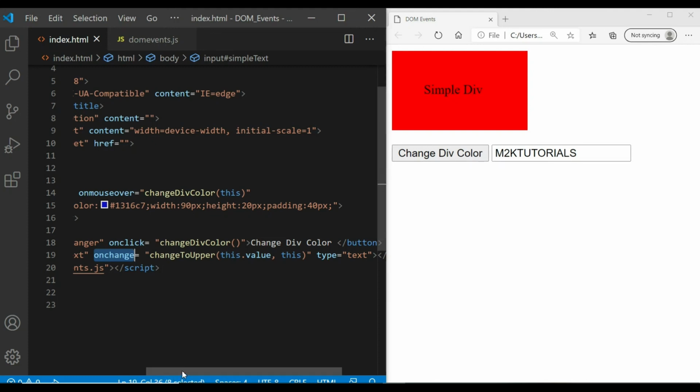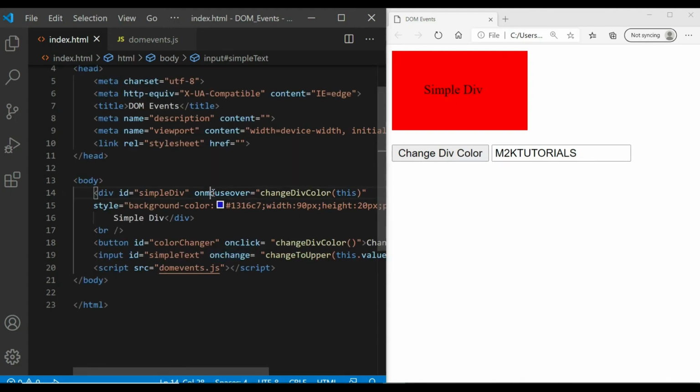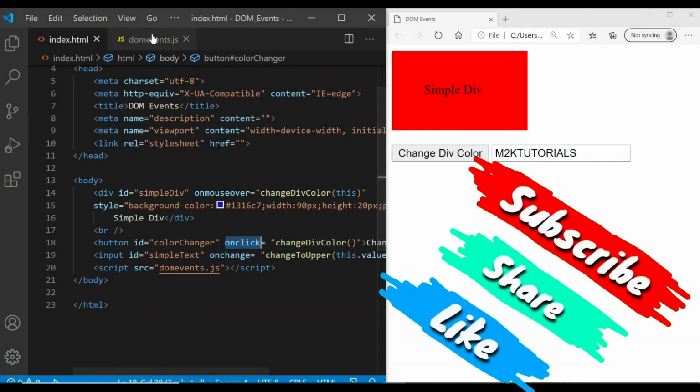So these were some of the examples which we can do. There are some other events which we're going to discuss in our next chapter, and in our next video we are also going to discuss how you can add events totally dynamically using JavaScript. So we will not add any event inside your HTML, but from JavaScript itself. So for that we will see that in the next one.